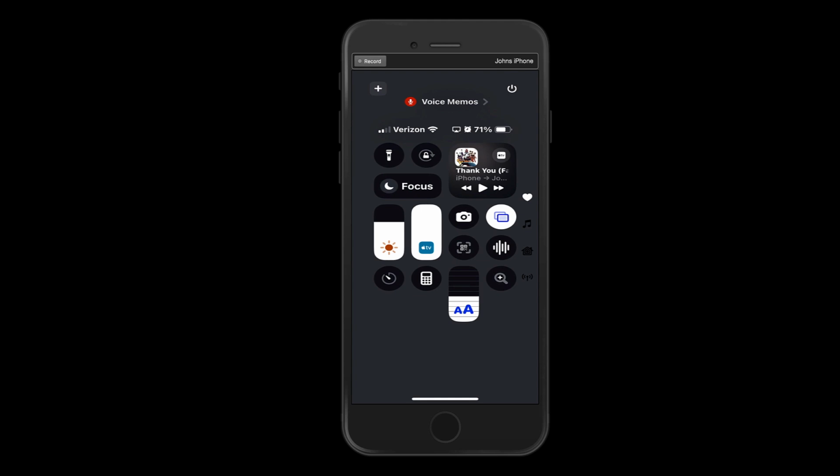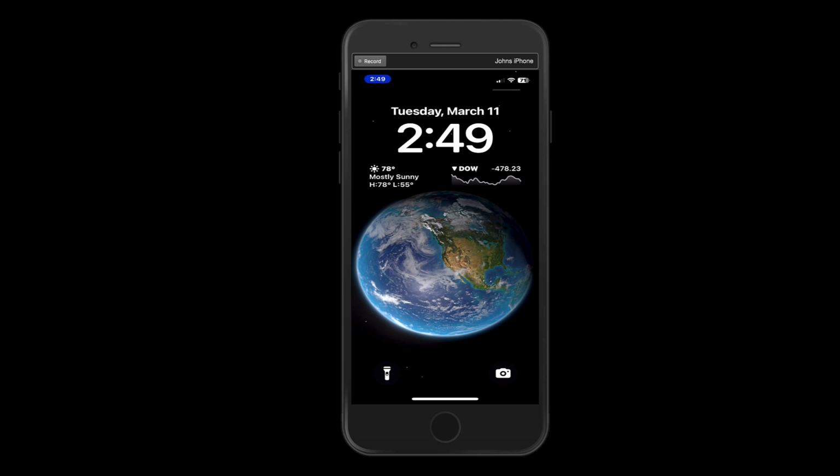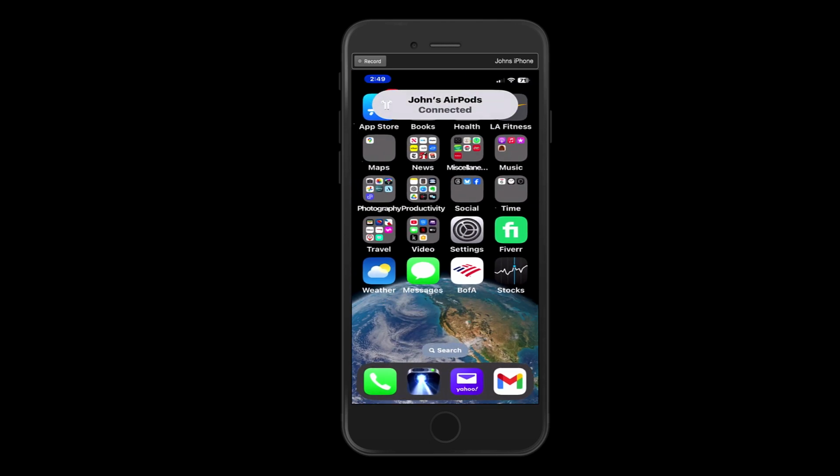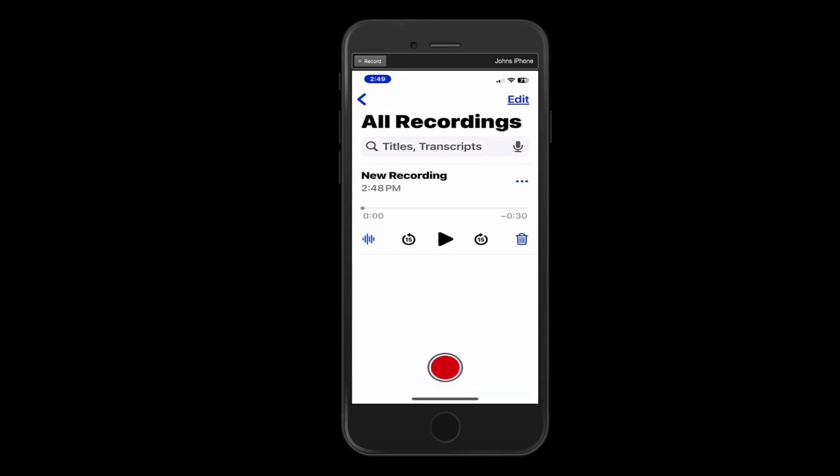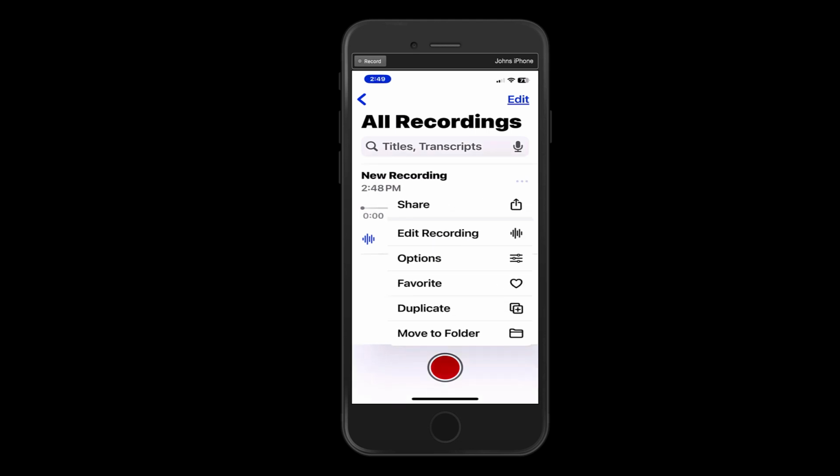If I want to listen to the voice memos, I need to swipe up to get out of my control center, swipe up again to get into my home screen. I'm going to go into the folder where I keep the Voice Memos app. I'll tap on Voice Memos, and I can see I've got a new recording there. If I wanted to, I could tap on these 3 dots and rename the recording, but I don't really want to do that. So I'll just tap on the recording to play it,